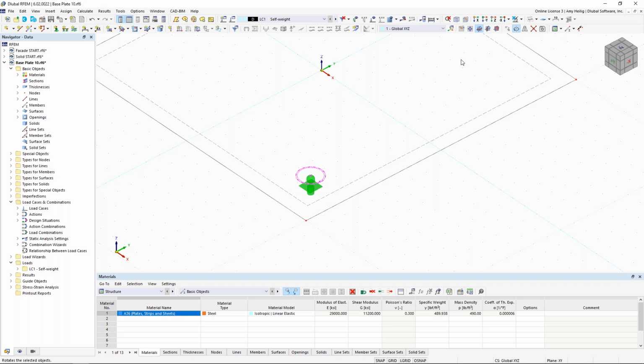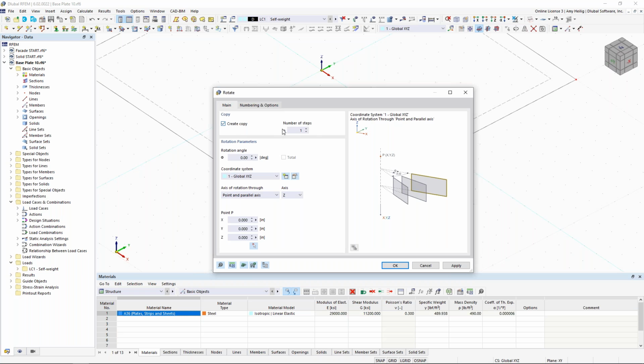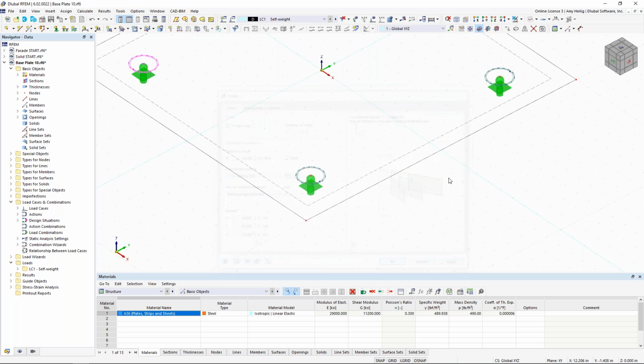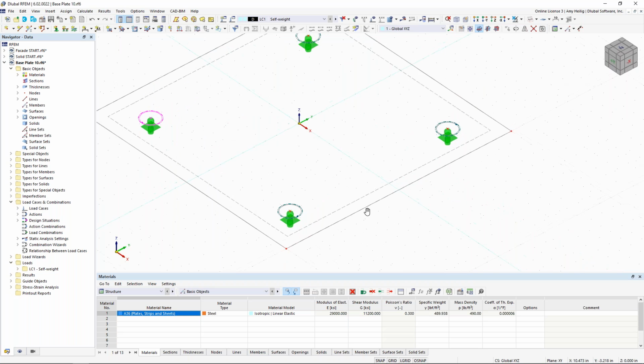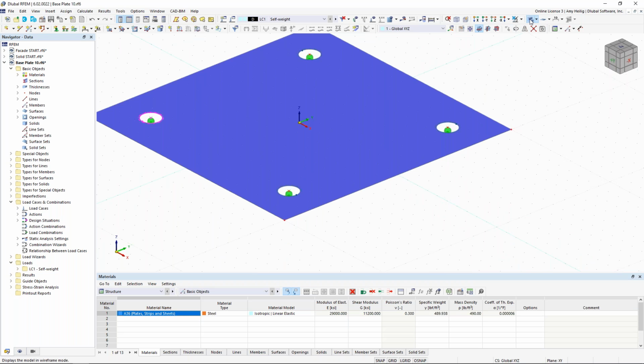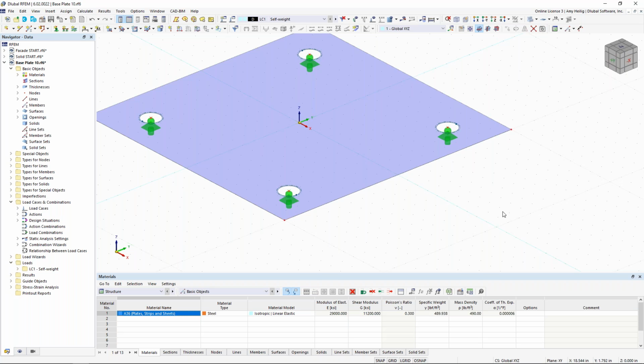So we'll go to our rotate copy tool. We will create a copy, 3 of them. We'll rotate 90 degrees about the origin. We click OK, and now we can see the rest of those openings and nodal supports generated here. Now, the problem is that none of these nodal supports are currently connected to the base plate. That's just because they're sitting in the middle of these openings, but it's not a problem because what we can